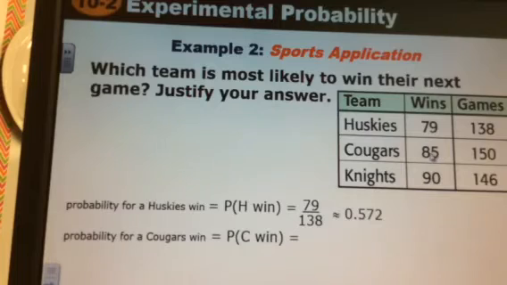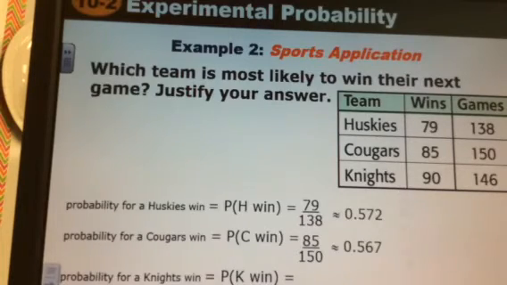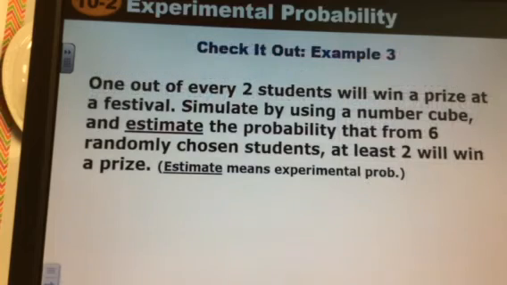Probability that the Cougars win would be 85 out of 150 total games. So that'd be almost 57%. And then the last one, the Knights winning would be 90 out of 146, or almost 62% when you change that to a percent. All right, so the next example, 1 out of every 2 students will win a prize